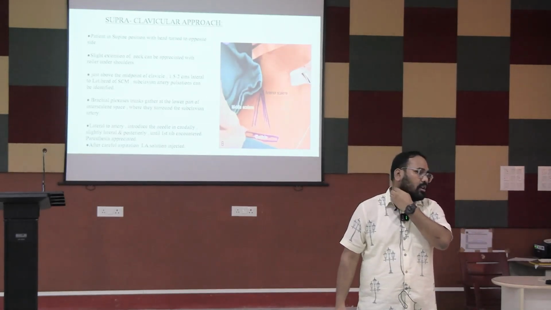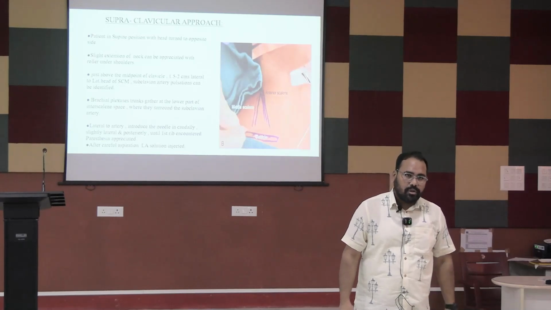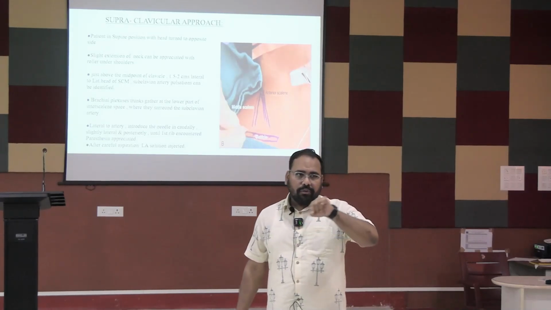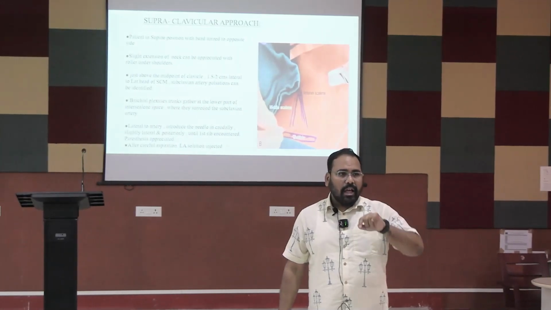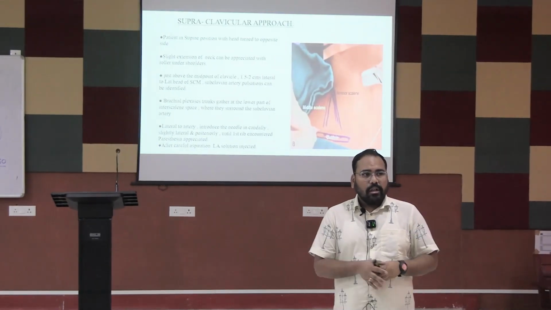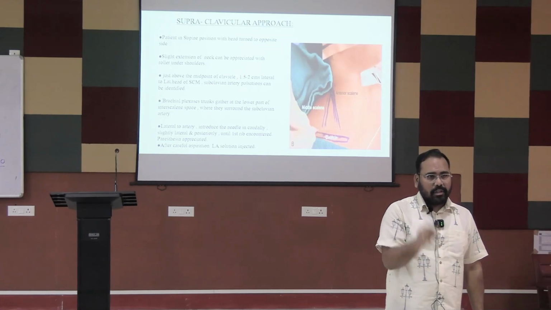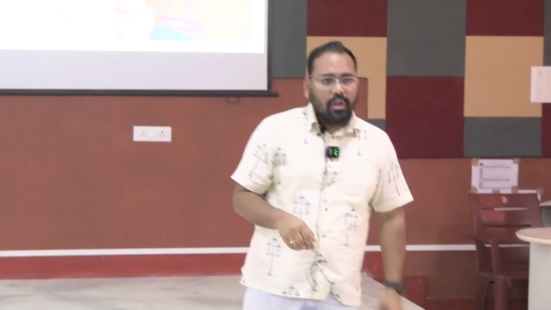We need to find out the lateral border of the sternocleidomastoid. From there, you need to find out the anterior scalene muscle and middle scalene muscle. There is a groove between the anterior scalene and the middle scalene muscle, that is the interscalene groove. You need to find out that space, and your point of insertion of the needle will be from that area